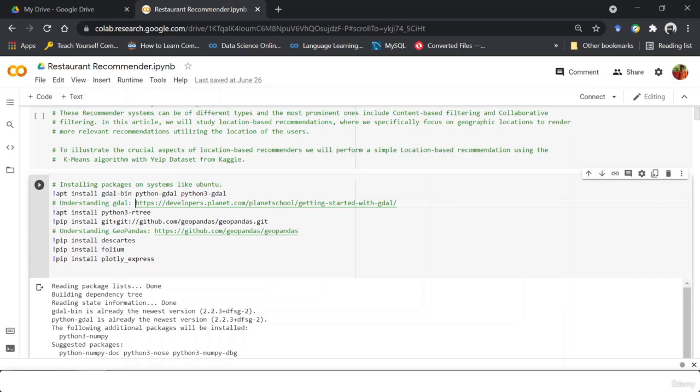Since all of the languages, be it Java, Python, or even C++, use abstraction, what you know is the output of a function, and you might not know how that function internally works. That is fine. But just remember the relation between R-tree and GeoPandas, or any library with another library, and why I have installed them.